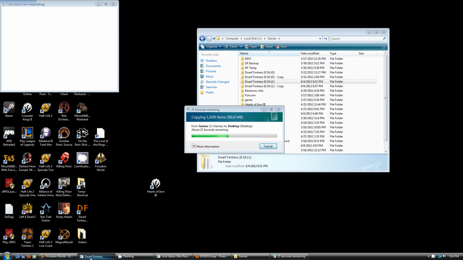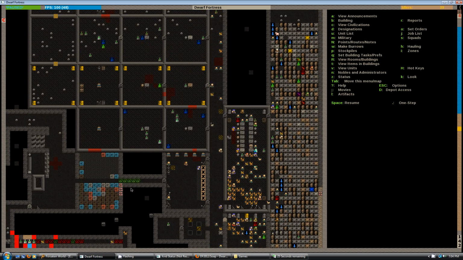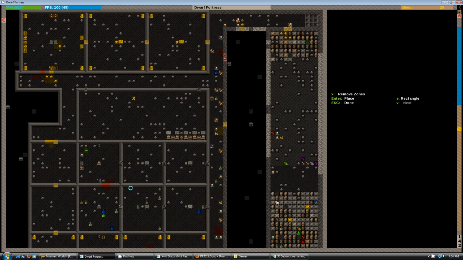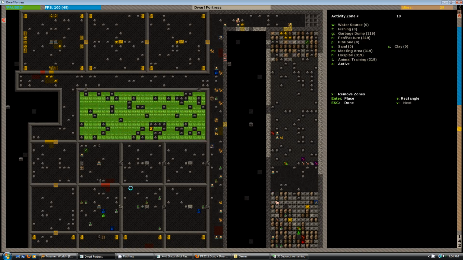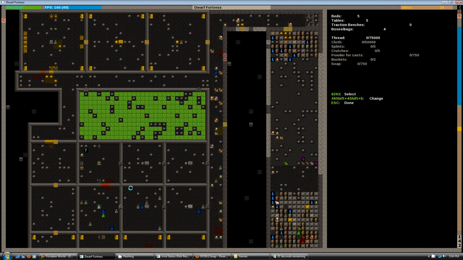hospitals. Hospitals. You want to know how to make a hospital? Just click the I button, select the area. And click I, and then make H to hospital. You go to hospital information. It tells you how much stuff you've got. And to make soap, you need...